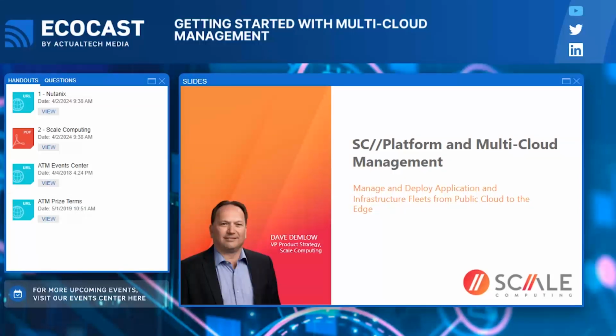I'm the Vice President of Product Strategy at Scale Computing. We're going to talk about, obviously, multi-cloud management, but really focus on the application side of things and how to centrally manage and deploy applications and infrastructure fleets from public cloud out to highly distributed edge environments, which adds some